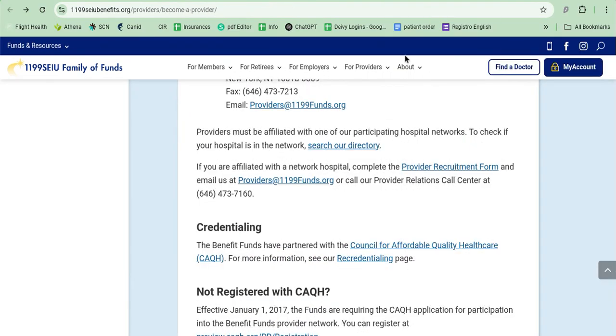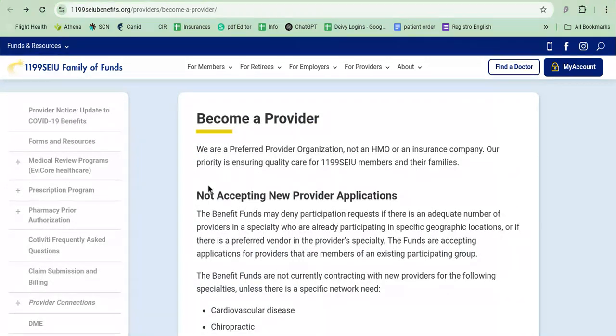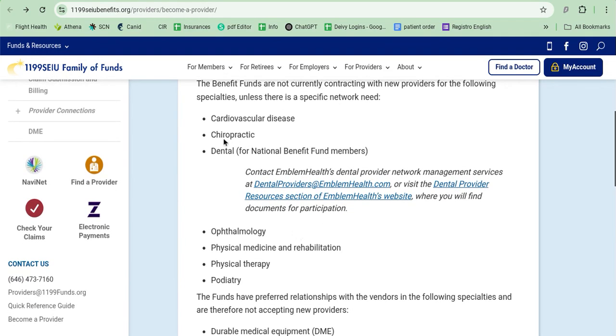Then the other link is the link about more information about becoming a provider. Here they tell you all of the specialties that they're currently not accepting new applications for. This is not 100% final. This, again, if you can make your case, they could accept you, but as of right now, it would be